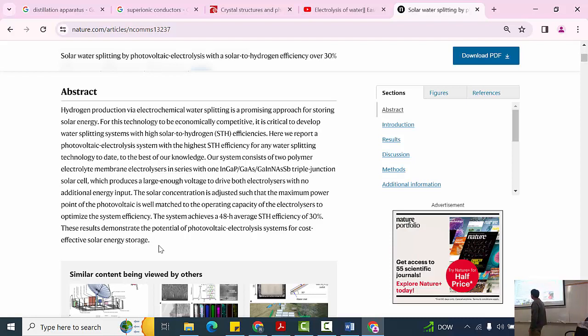So let's see. Hydrogen production via electrochemical water splitting is a promising approach for storing solar energy. For this technology to be economically competitive, it is critical to develop water splitting systems with high solar to hydrogen efficiencies. Here we report a photovoltaic electrolysis system with the highest STH efficiency for any water splitting technology to date. To the best of our knowledge, our system consists of 2 polymer electrolyte membrane electrolyzers in series with 1 indium gallium phosphide